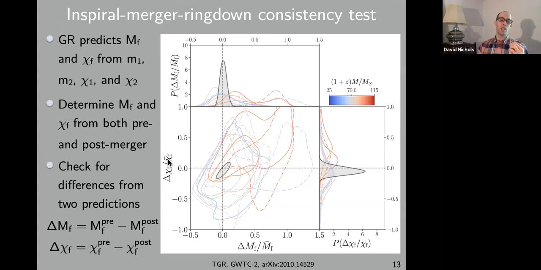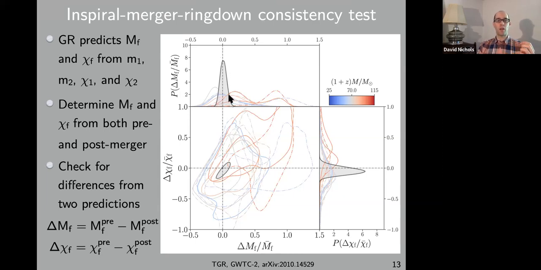And what's nice about this test is if you normalize this deviation in mass or spin by the average mass predicted from both the pre and post merger signals, one can then combine the estimates that one gets, so these credible regions here from all the individual events, and get a much stronger constraint, which is what's shown in this gray region here. So as one can see from combining, not all the events, but just say the loudest events when one can perform this test, so the 15 or so loudest events,